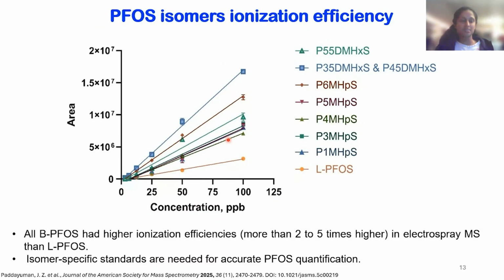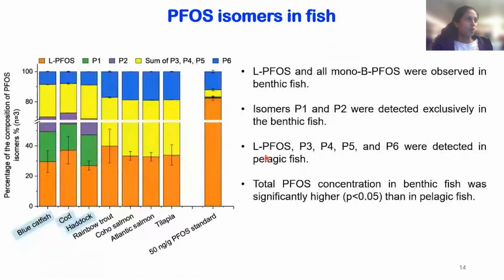quantification of isomers. So this work was possible with the cyclic IMS because we had individual isomers from Wellington, and we created calibration curves. And for the first time, we showed that it is better to have your own isomer standards when you are quantifying the isomer profiles in biological or any matrices. So moving on to our fish analysis,